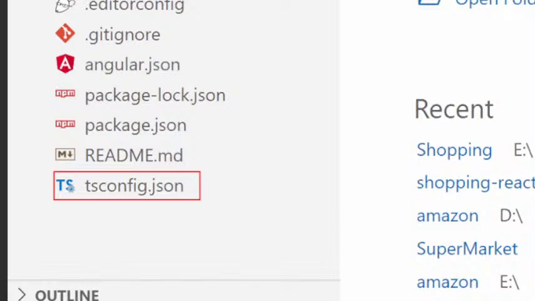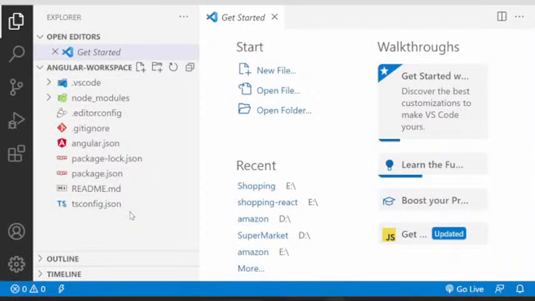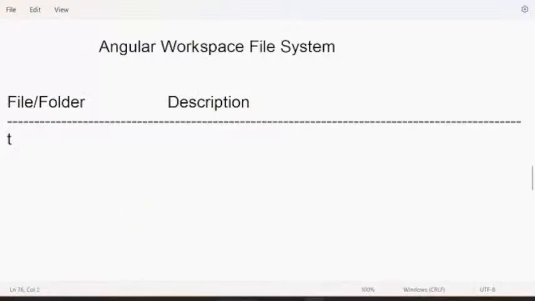What does it contain? tsconfig.json contains rules about TypeScript. If developers are using TypeScript, they may use different shortcuts and different syntaxes. If you want to restrict all developers to use the same shortcuts and same type of syntaxes, those rules you can mention in tsconfig.json.